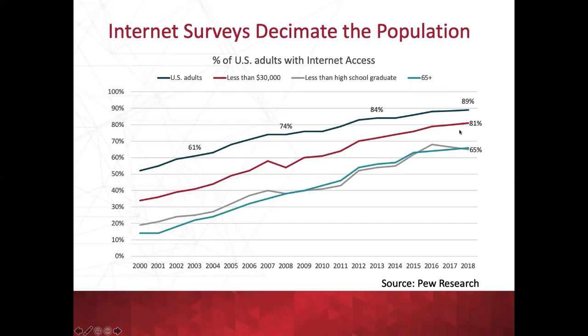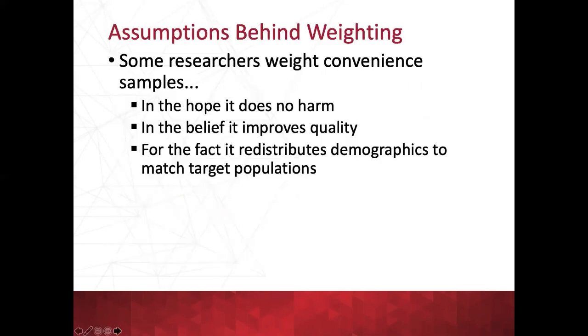And you can see that those who make less than 30,000, only 4 out of 5 of them are on the internet. And those who did not graduate high school are also less likely. Only 2 out of 3 of them are on the internet, similar levels to seniors, 65 and up. So you're extrapolating from folks who are taking your survey online, and I'm assuming most of this research is online since it's 99% of it, to folks who might be very different, even still today.